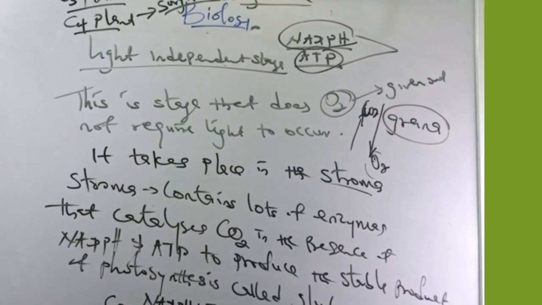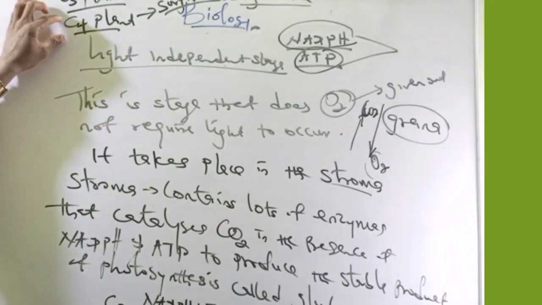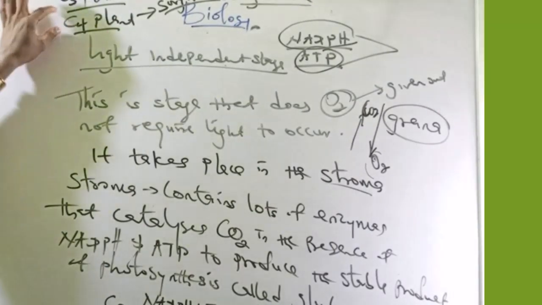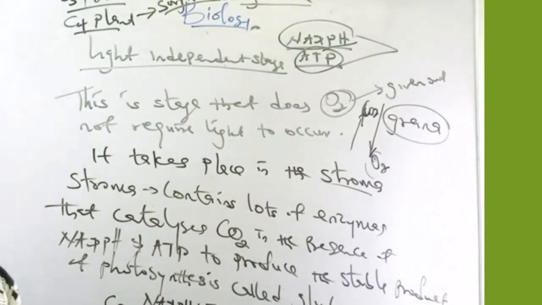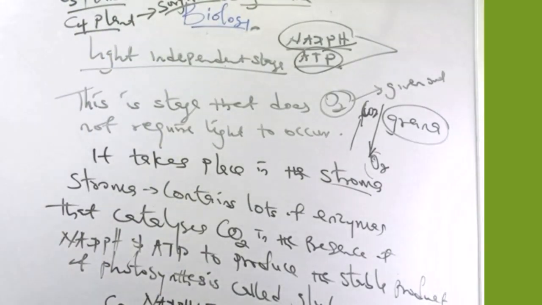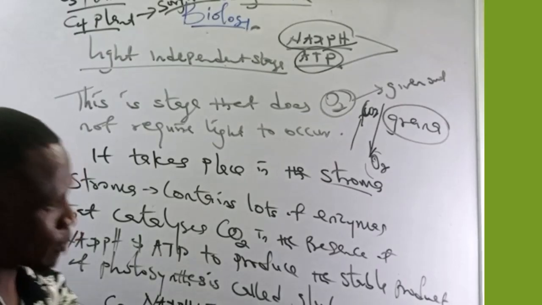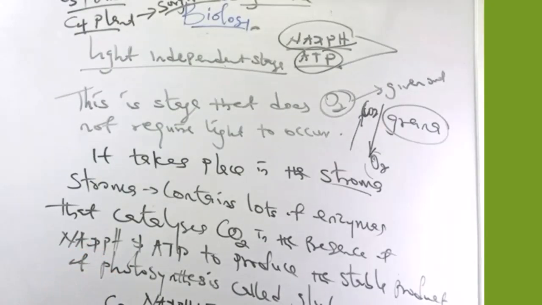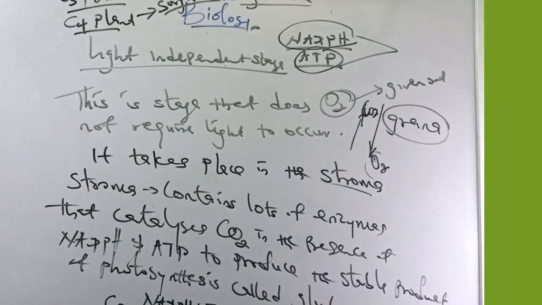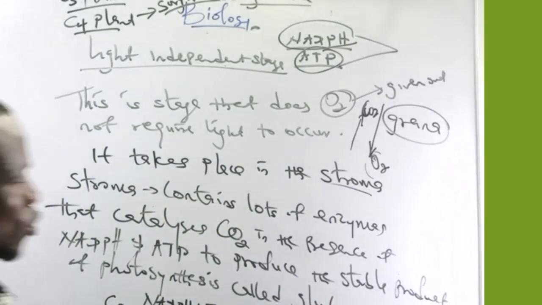They are C4 plants. I would like you to find out more differences between C4 plants and C3 plants. So this whole process that takes place in the stroma does not require light. It is a process that leads to the production of food, the glucose, which is the first stable product of